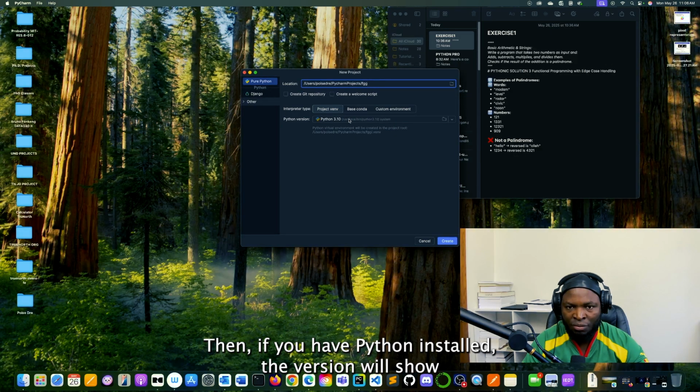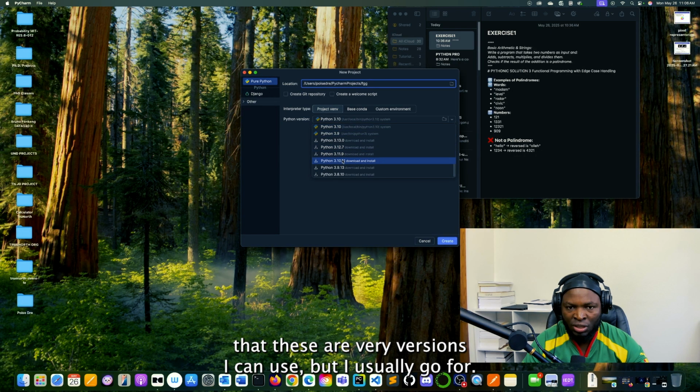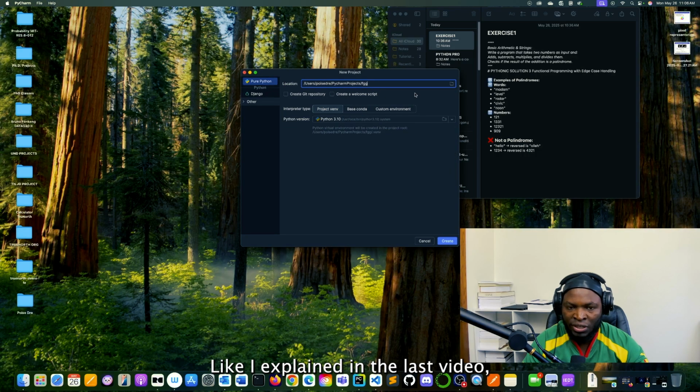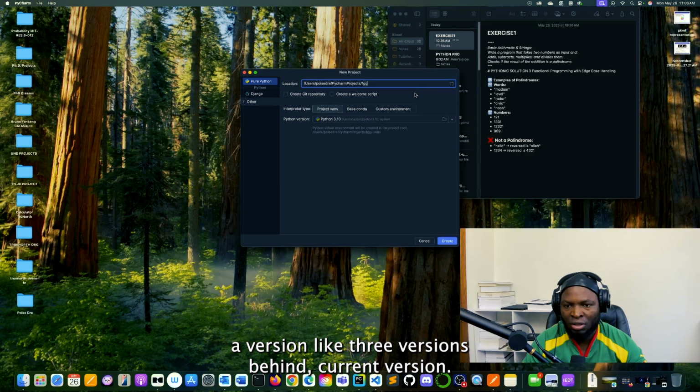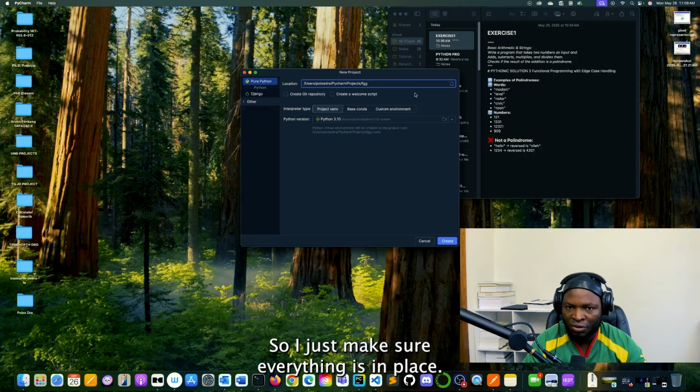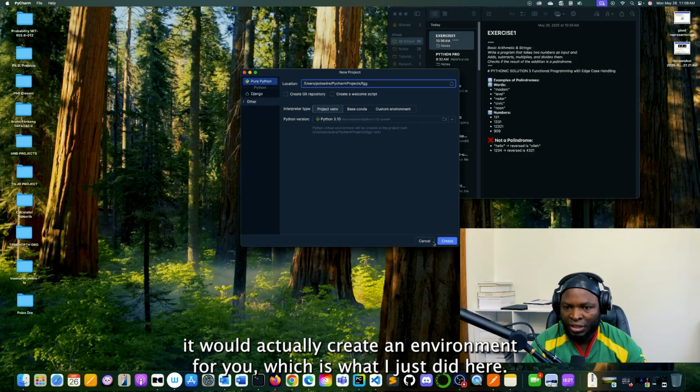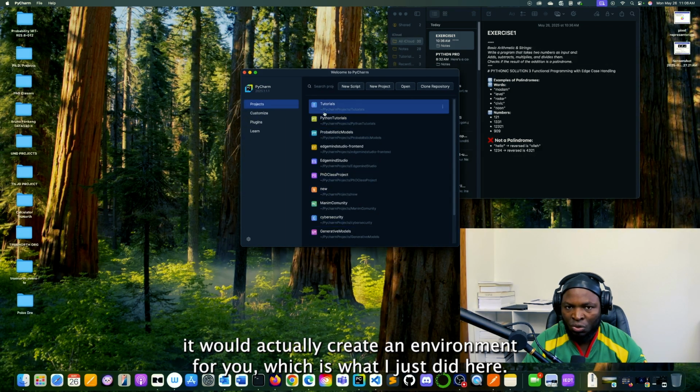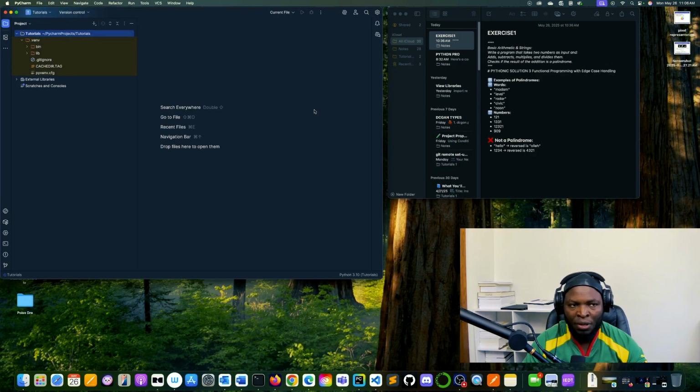Then if you have Python already installed, the version will show there. These are various versions I can use, but I usually go for, like I explained in the last video, a version about 3 versions behind the current version, so I make sure everything is in place. When you click here, it will create an environment for you, which is what I already just did here. And now,